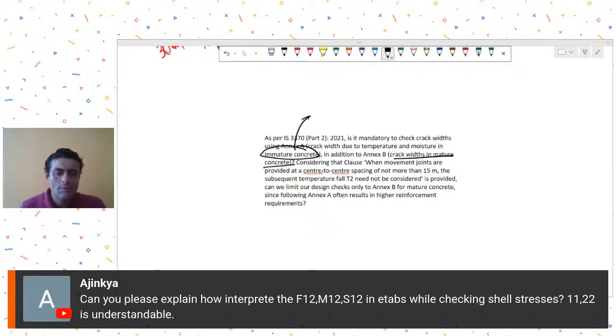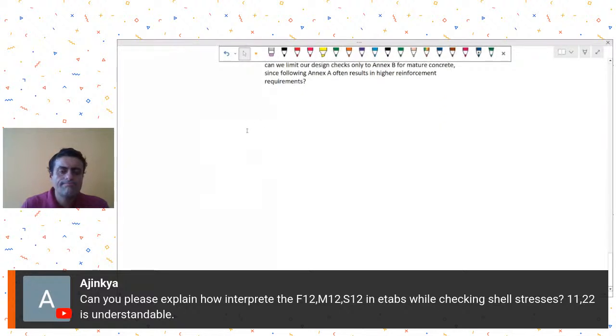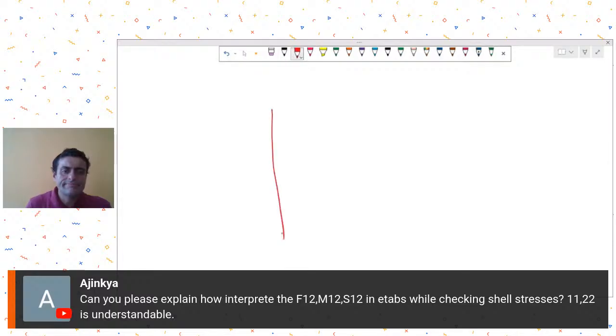Mr. Ajinkya is asking, can you please explain how to interpret the F12, M12, S12 in ETABS while checking shell stresses? 1122 is understandable. F12, M12, S12. Yeah, I also have a lot of doubts about F12, M12, S12. So some people say it is sort of the diagonal